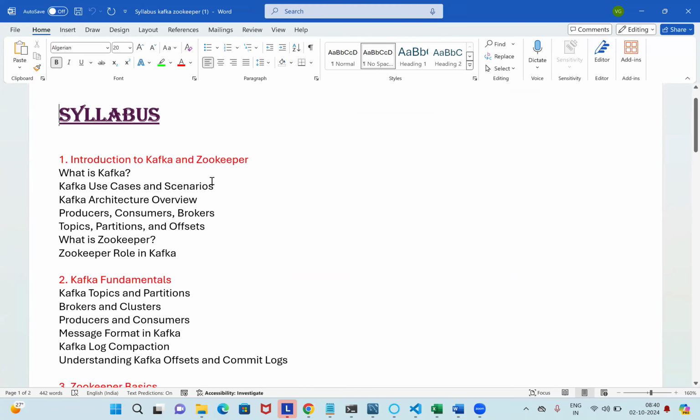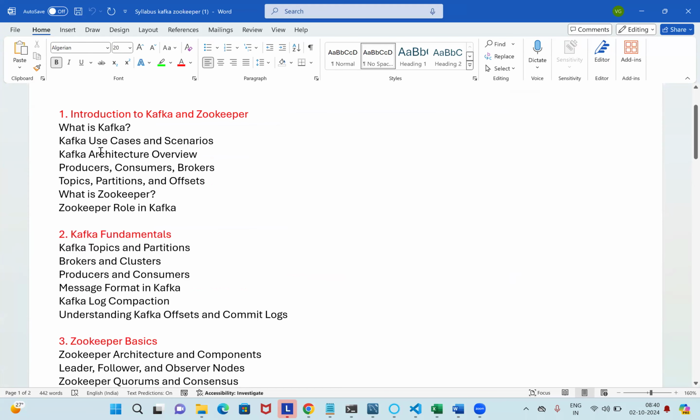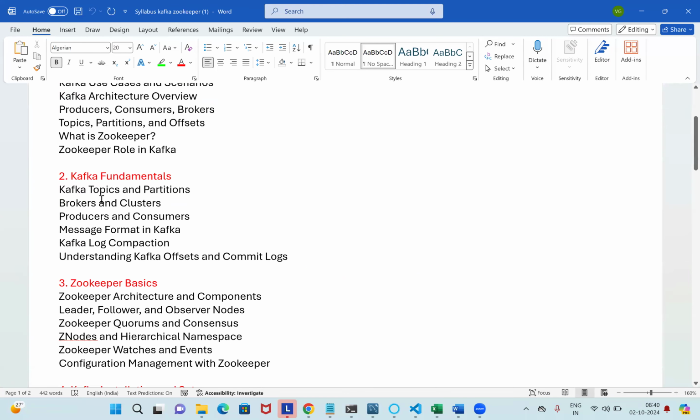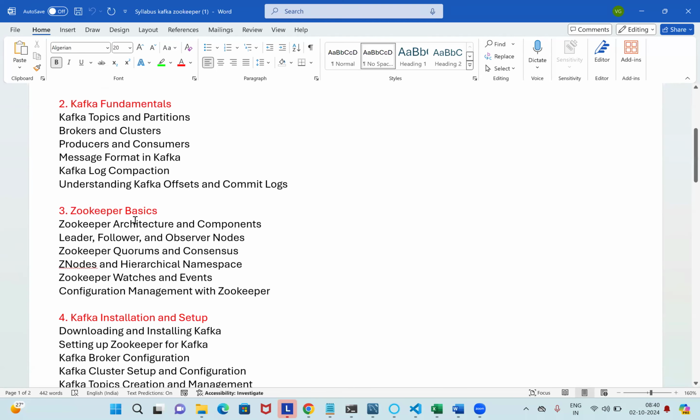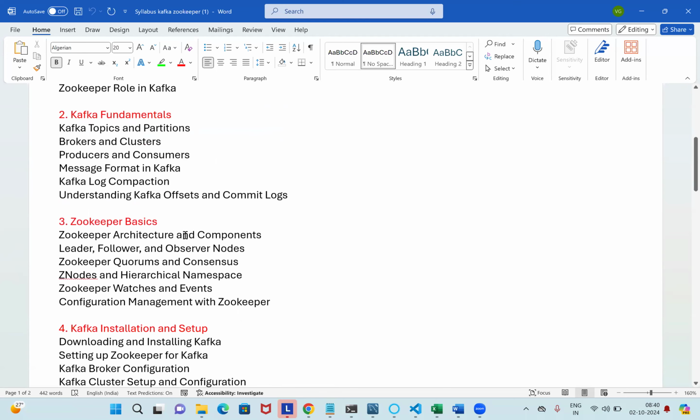Introduction to Kafka and Zookeeper, Kafka fundamentals, what Kafka is, use cases and scenarios. Kafka architecture: producers, consumers, brokers, topics, partitions, offsets. Zookeeper basics, Kafka installation and setup.